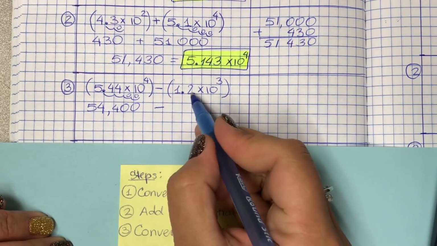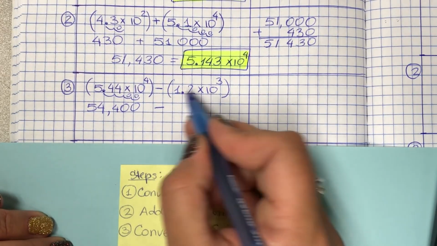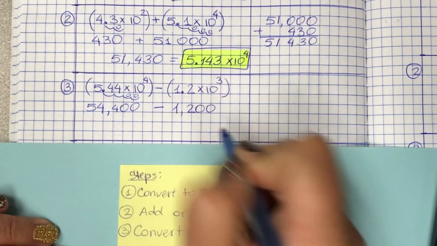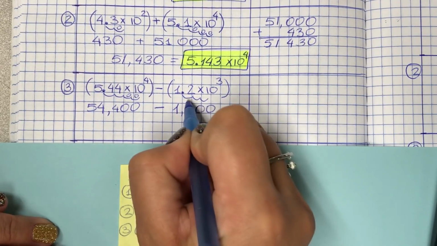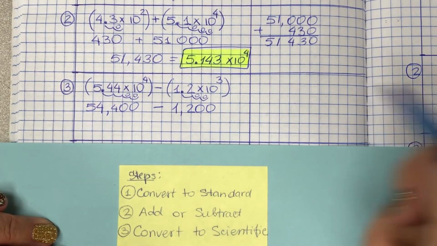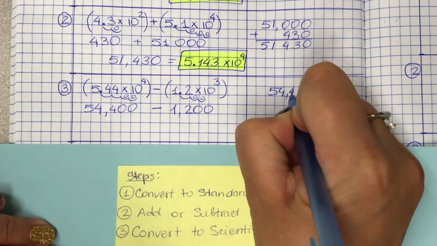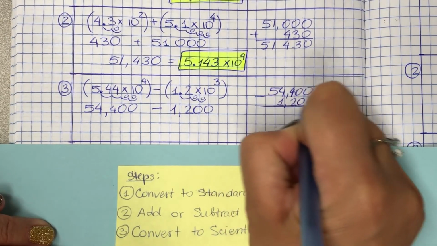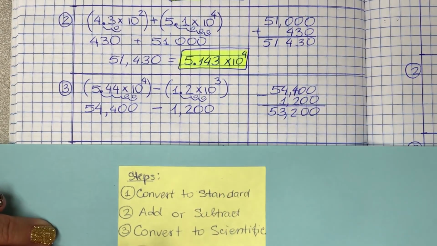Subtract 1.2 times 10 to the third power. It's like 1 multiplied by 1,000, so it should be 1,200. Or by multiplying, we move the decimal to the right 3 times. Those are the 2 zeros that you need. Then we subtract. In this problem we have subtraction, so 54,400 minus 1,200 gives us